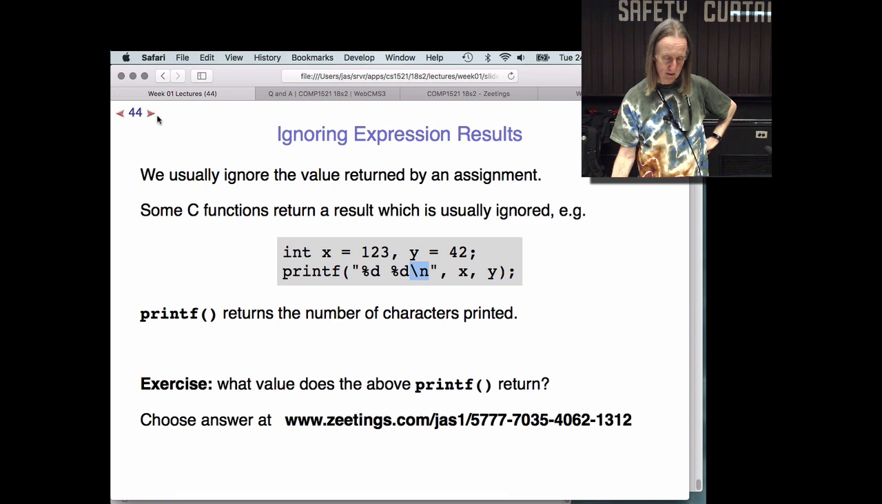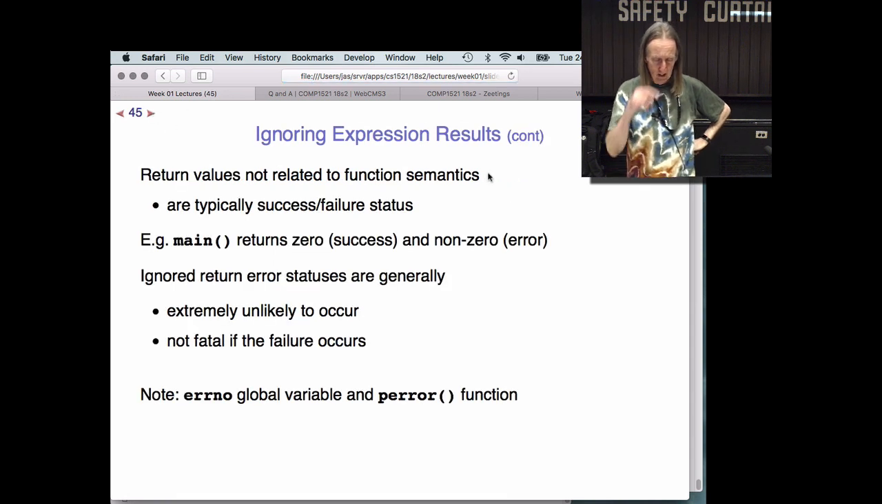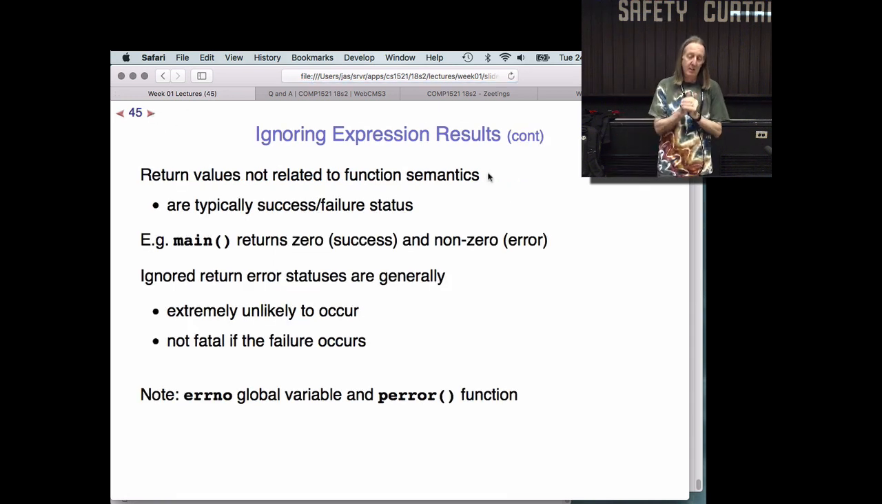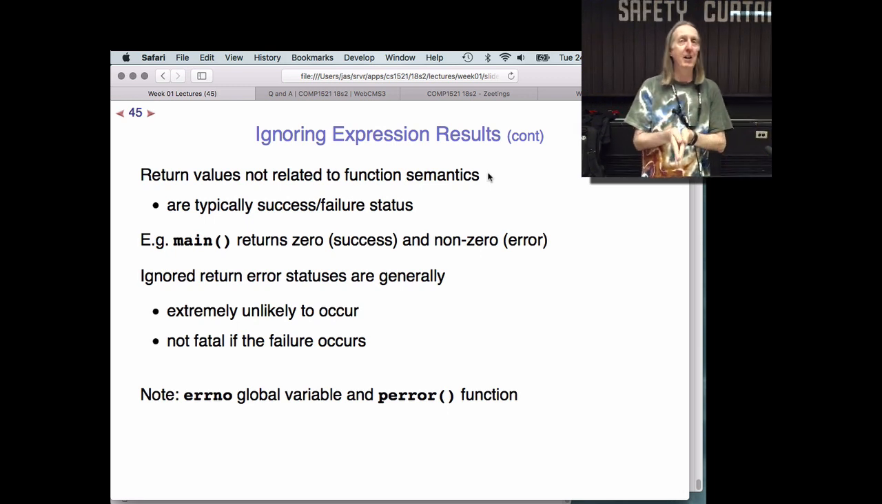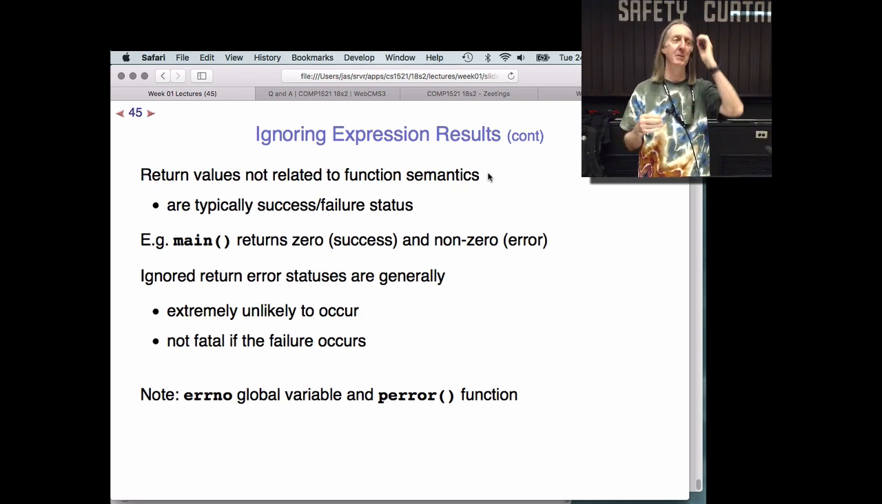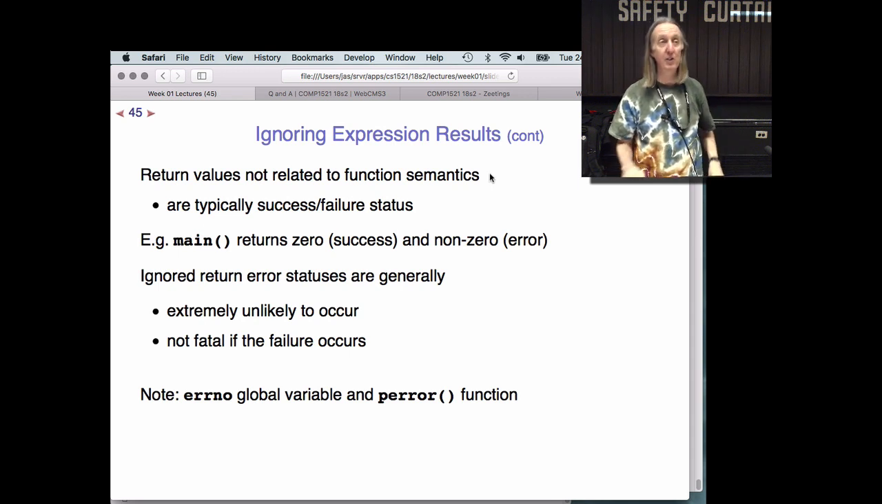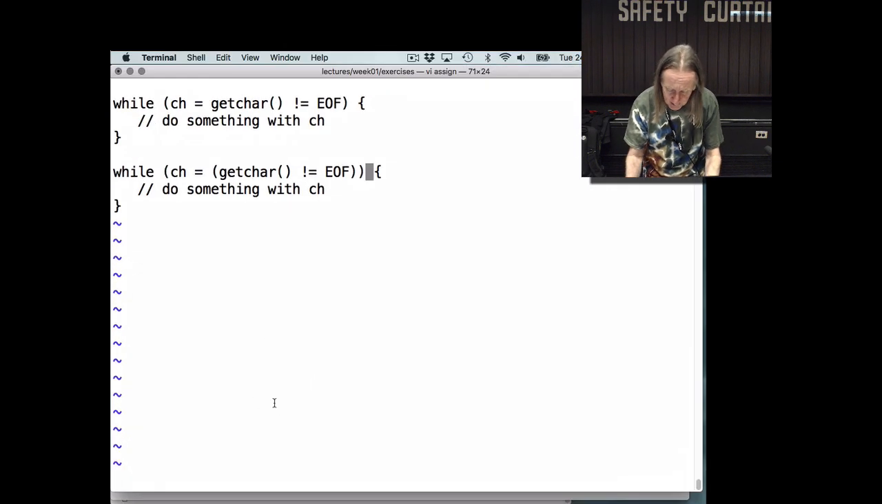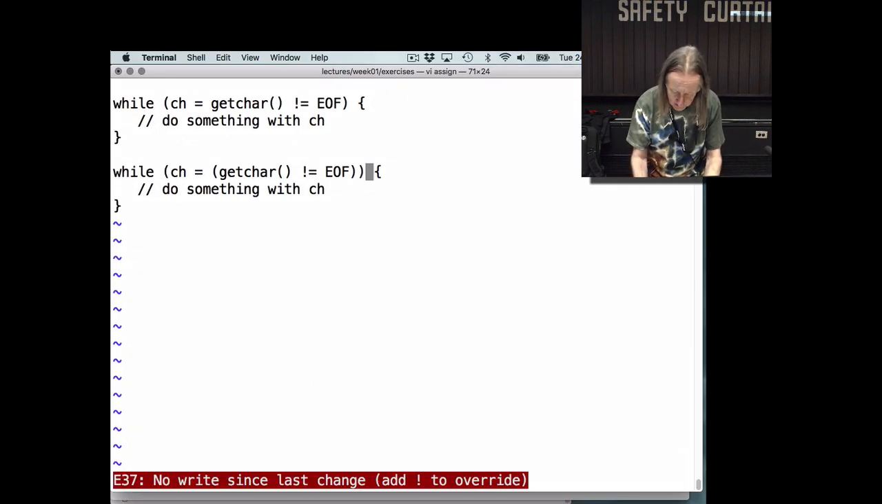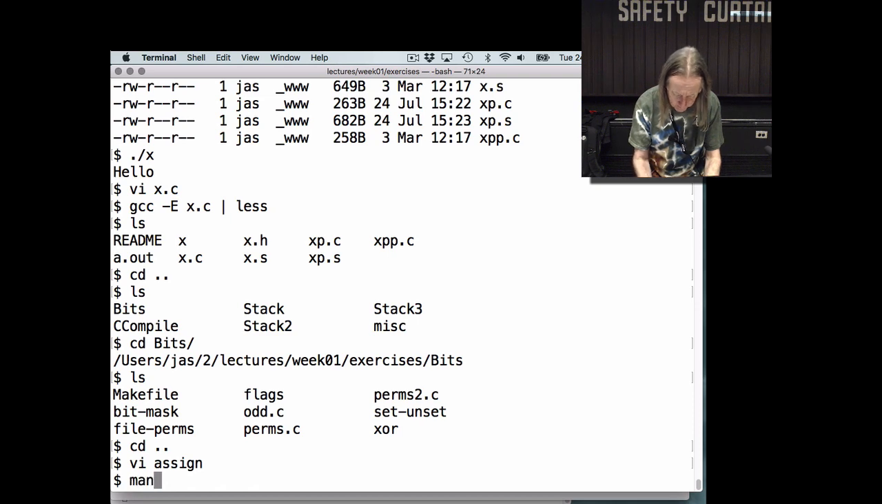Interesting. I wonder why that's wrong. Alright, so ignoring return values in some contexts is okay. Normally we don't care. Oh, the other thing I should have said, if printf screws up and for some reason it can't print anything out,